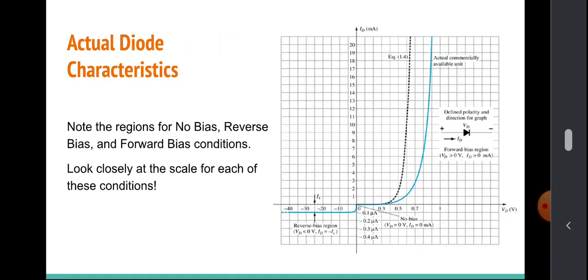Actual diode characteristics. If you look at the graph, note the regions for no bias, reverse bias, and forward bias conditions. Look closely at the scale for each of these conditions. You'll see here that the no bias is at the origin, meaning V sub D equals 0 volts, I sub D, or the current, equals 0 milliamp. And if you look at